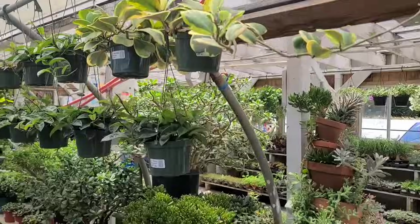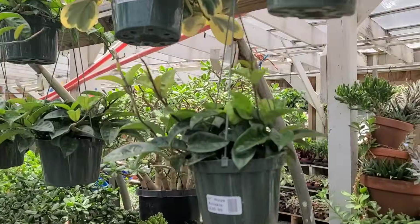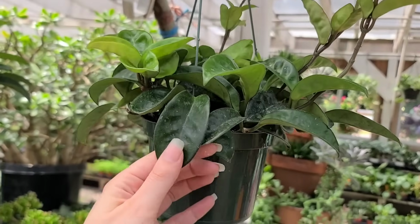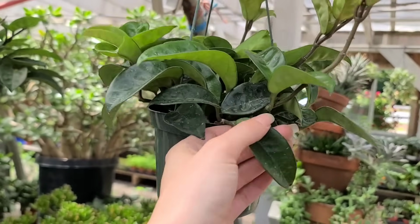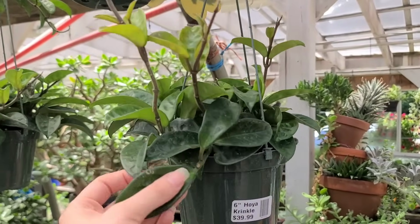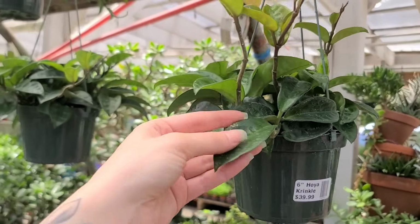And then, ooh, Hoya Crinkle 8. I haven't seen those in a long time. This little Carnosa variety with some cute little abs. Don't see them often. Susie Q, if you guys are familiar, is a cross between the Crinkle 8 and the,